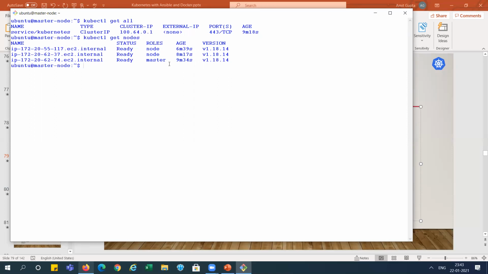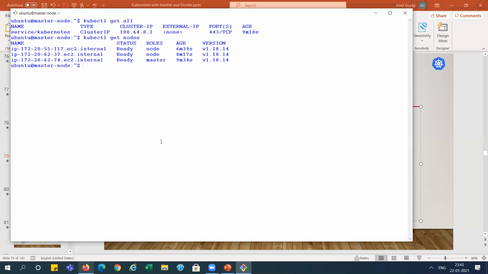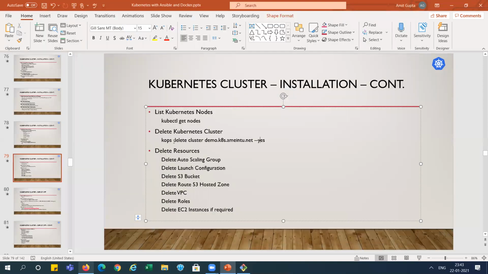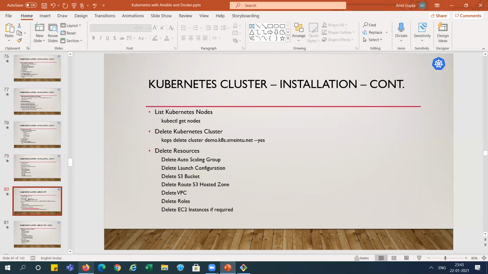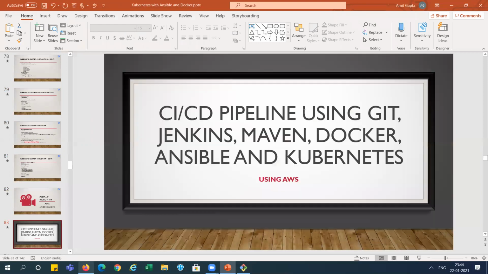So we have done this installation. If you want to remove or delete this cluster, just run this command and it will delete everything. Currently I'm not going to delete this cluster. I will delete it at the end of the next video, because my next video is part 7, where I will show the CI/CD pipeline using Git, Jenkins, Maven, Docker, Ansible, and Kubernetes.